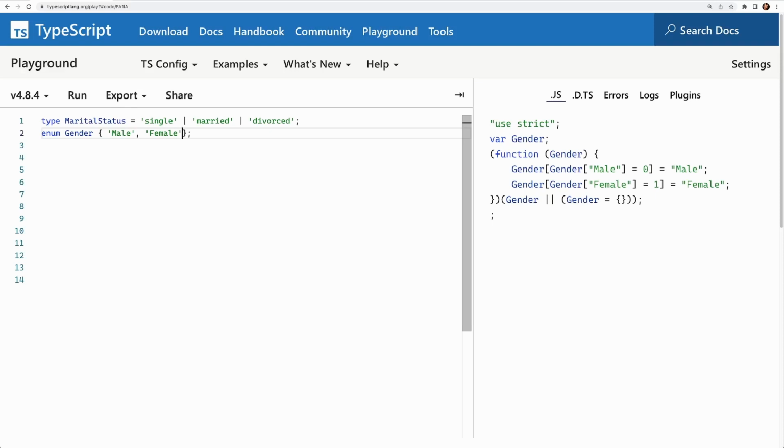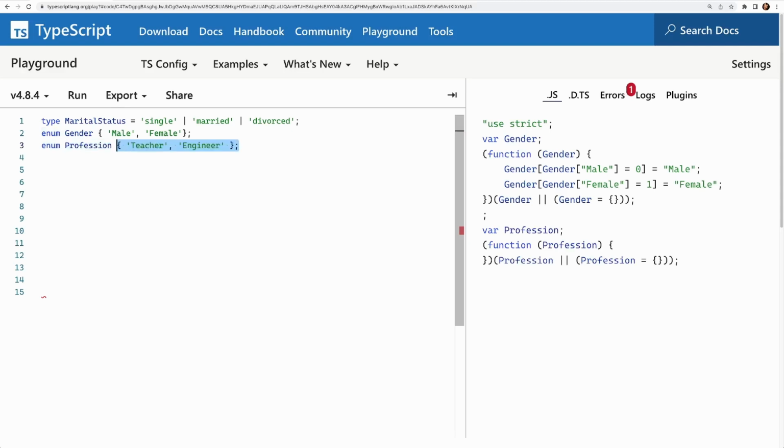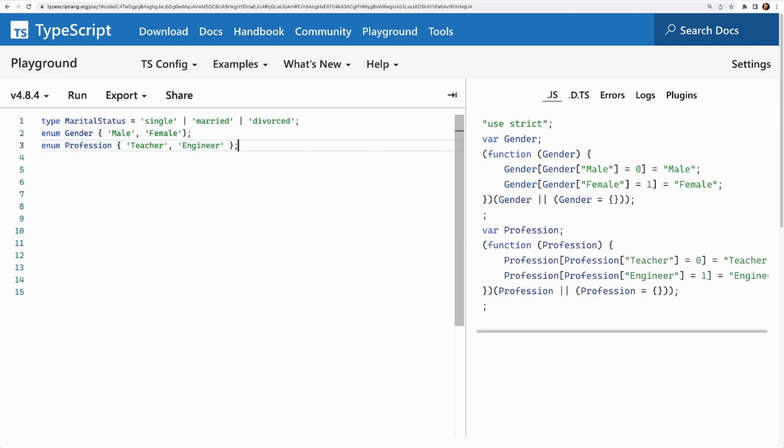So male is equal to 0 and female is equal to 1. You can see the same thing here on the right hand side, that male is given 0 value, female is equal to 1. Next, let me create one more enum and let's call it profession. And this is going to have only two values, just like gender, teacher and engineer. Teacher's corresponding numeric value is 0 and engineer's numeric value is 1, very much like gender, but we can initialize